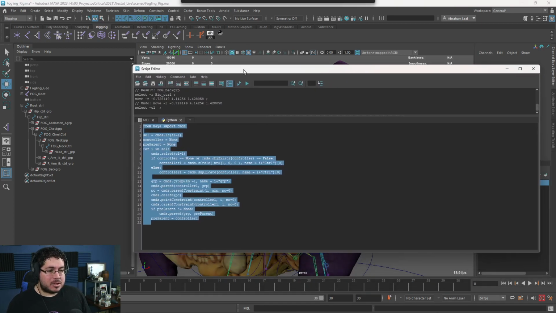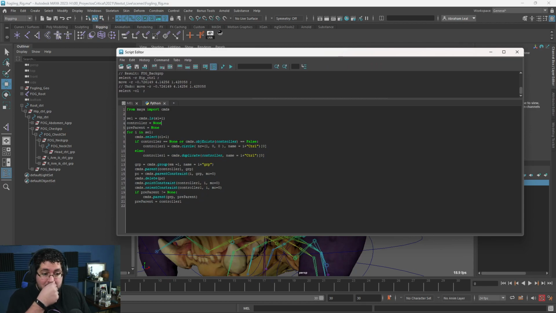Here's where scripting can come into play, because as you can see, we have this script right here. And when we are doing the whole thing, the most important part is this right here, which says parent constraint. Well, actually down here, where it says point constraint. So when we run the script, it does a lot of things. It finds a controller, places it on the point, deletes the constraint, and so on. It creates the chain and everything.